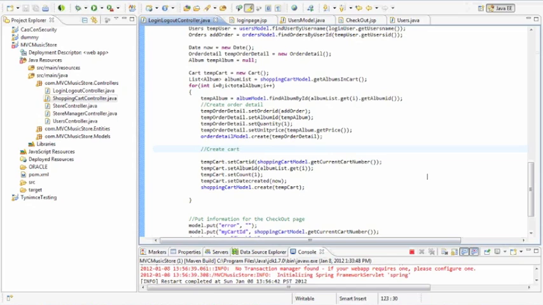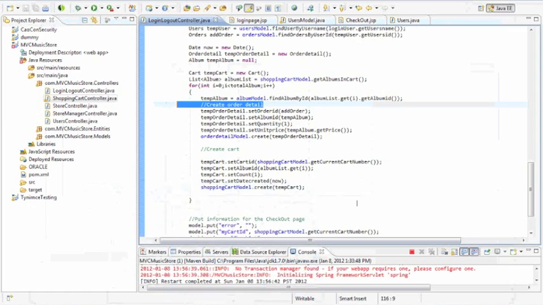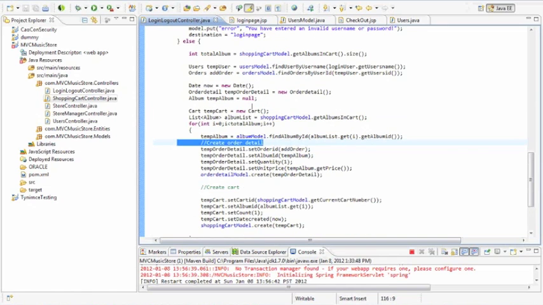Okay, so we just create the order details, and create the card object and order detail object to the database. Okay, order details and card, persist them into the database. Alright, so